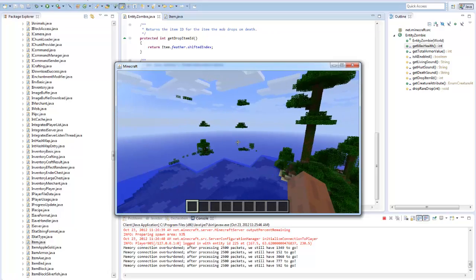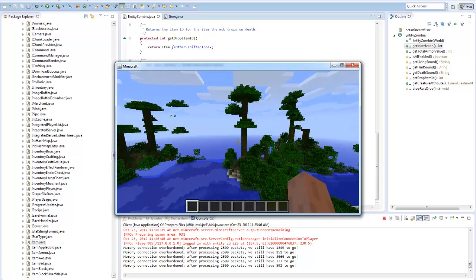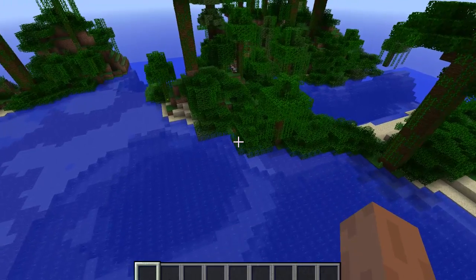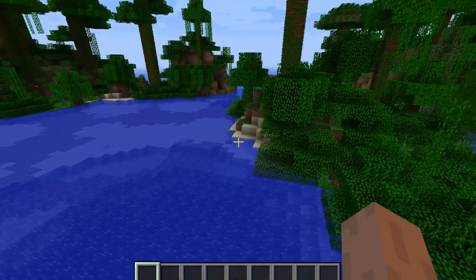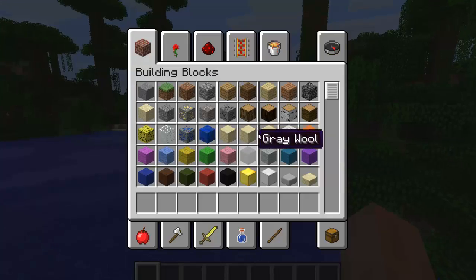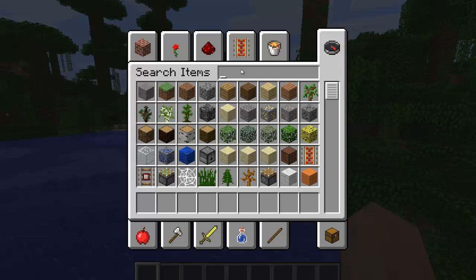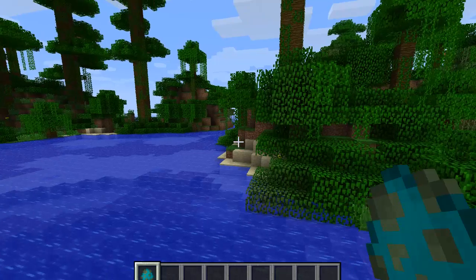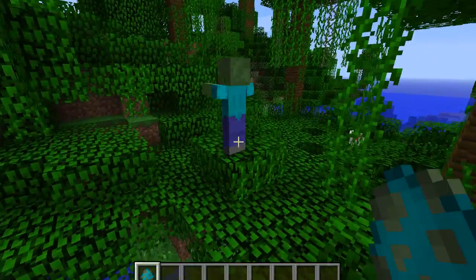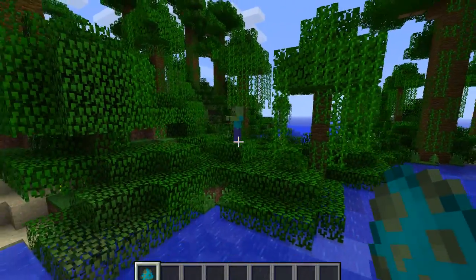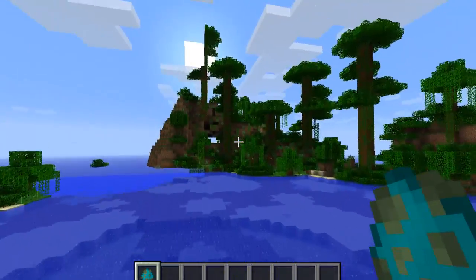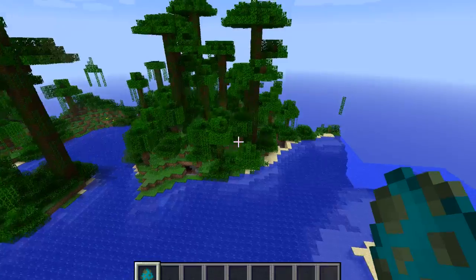Okay, first of all, let me explain. When you're in this client, let me make this bigger. And this might be laggy because we are on Camtasia. My apologies. I normally don't film with Camtasia gameplay. So we're gonna just spawn in a zombie egg, and we'll plop it down on this tree branch. So as you can see right now, he's not burning, nor is he moving. So if we were to go to a flatter location,